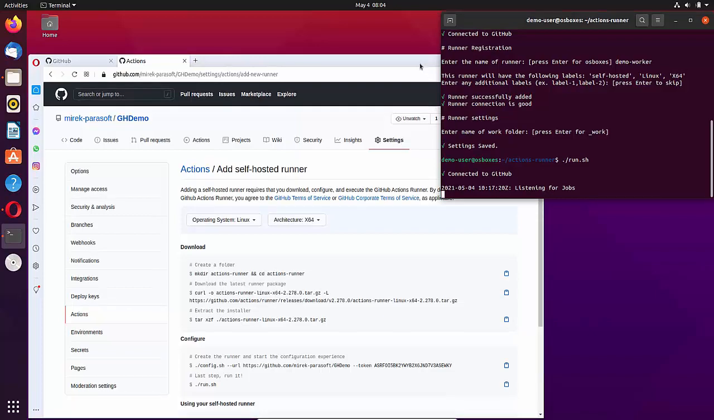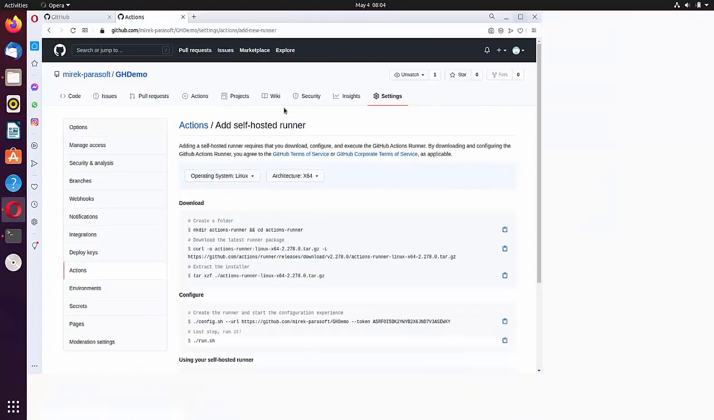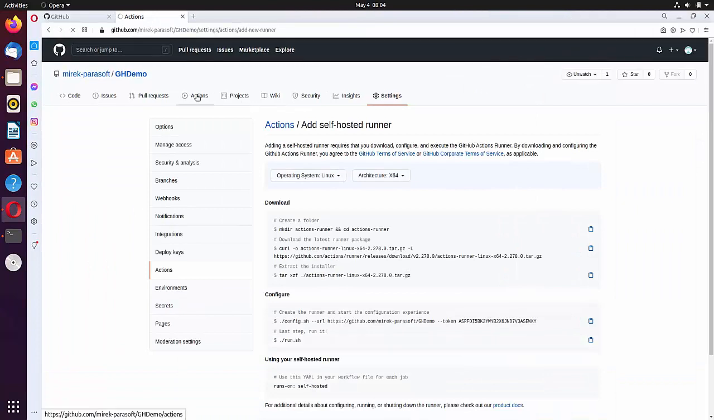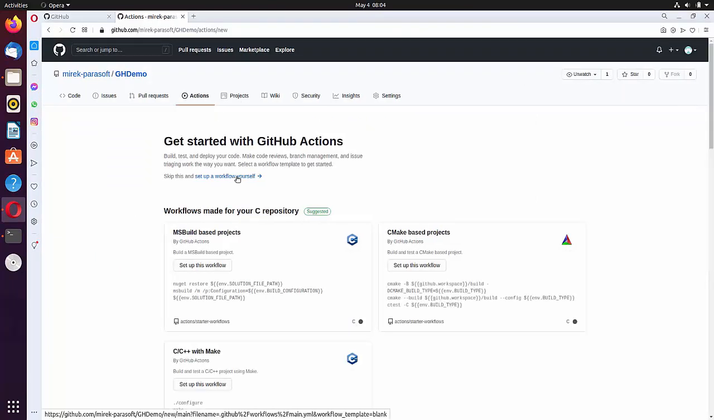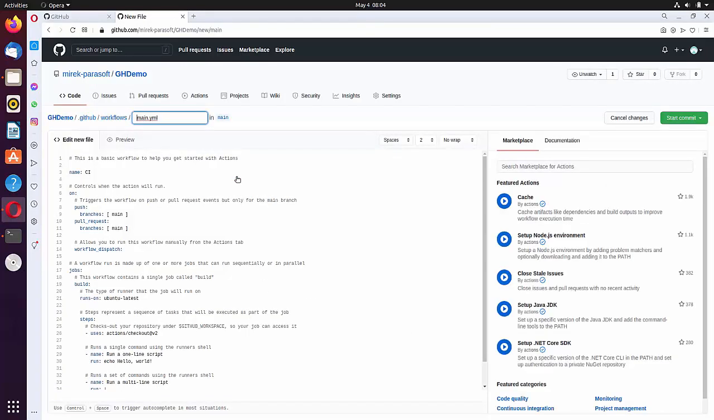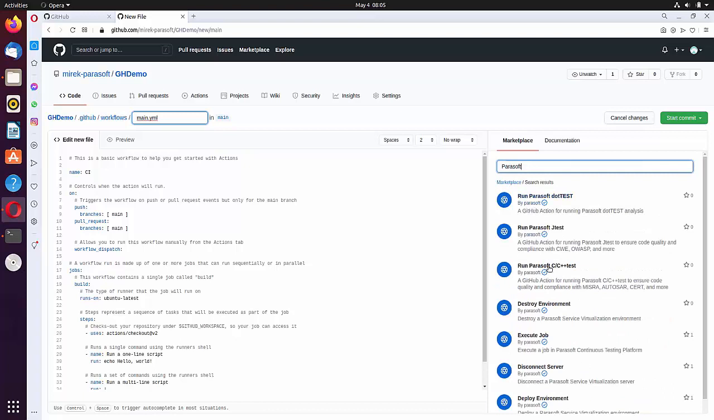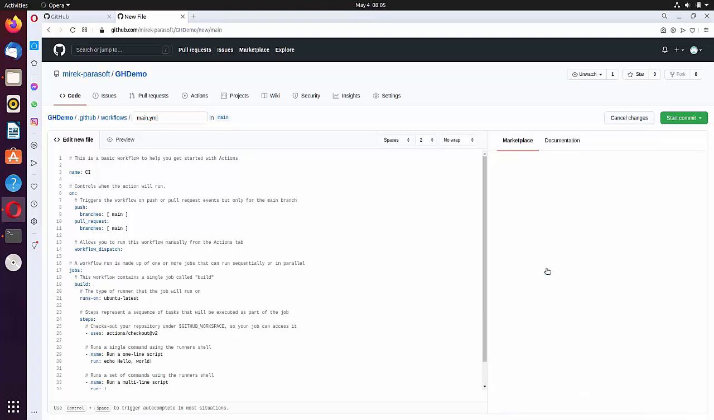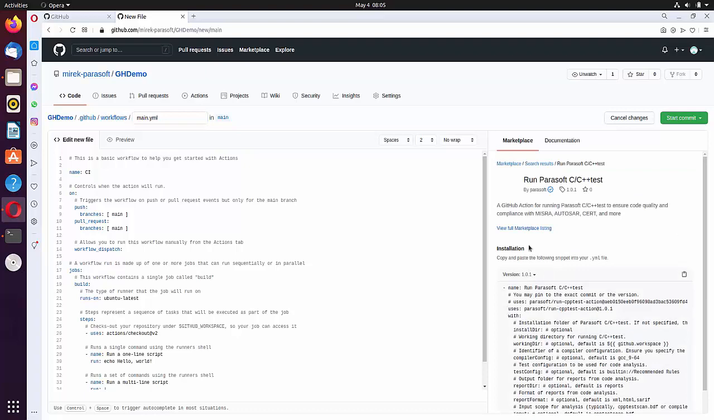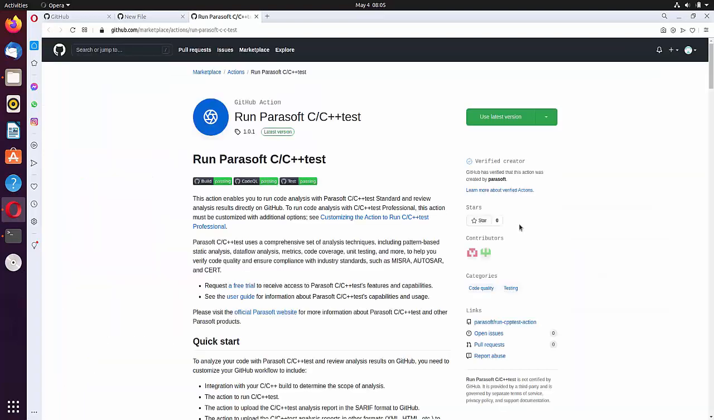Let's move back to GitHub and set up our workflow with C++ test static analysis. We need to click on Actions and then select Set up a workflow yourself. For our workflow, we'll use a GitHub action for running C++ test that is available in the marketplace. Let's type Parasoft in the marketplace panel, select Run Parasoft C++ test, and click here for more details. If we scroll down the action description,